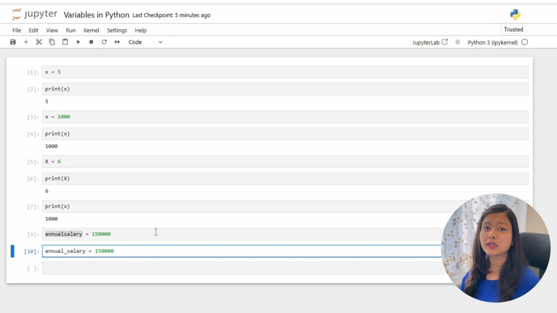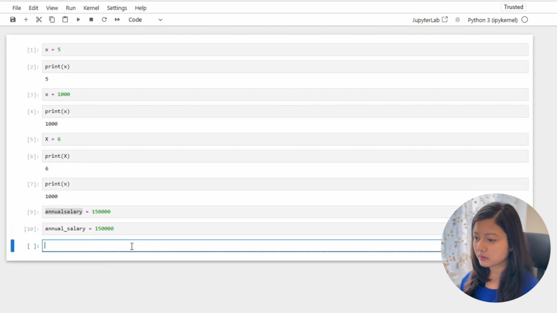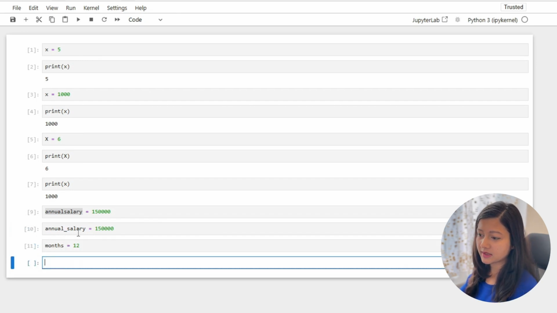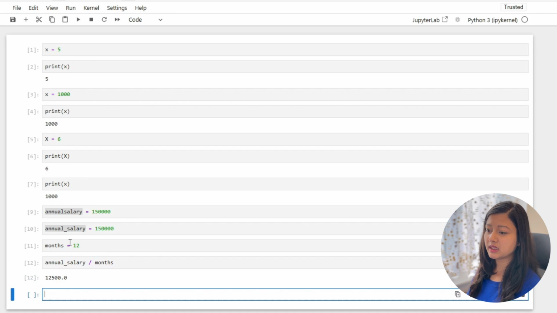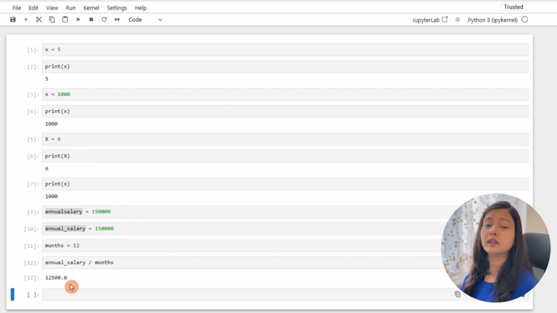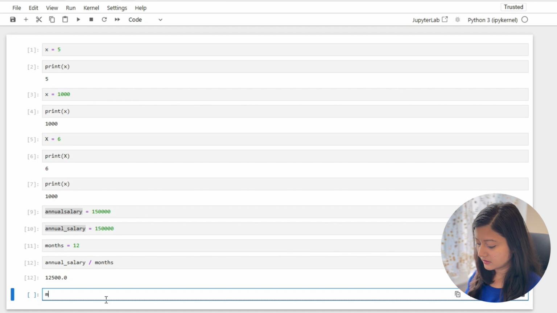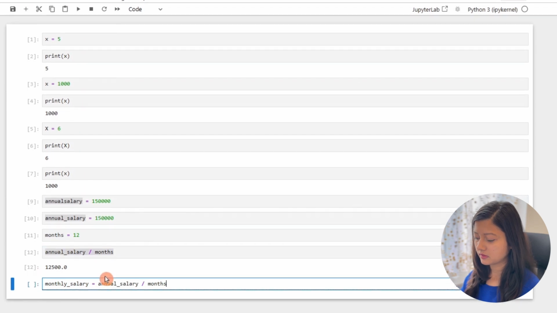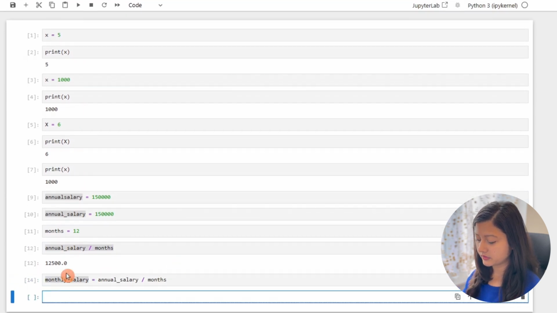As mentioned earlier, we create these variables in Python so that we can use them in the future. Let's create one more variable called months equals 12. And suppose I want a monthly salary, let me write it as annual salary divided by months. We can see that it has done the calculation 150,000 divided by 12. That's why it's returning 12,500. We can also save this information in a new variable called monthly underscore salary. Let's write monthly underscore salary equal to this, and now if I print the value of this variable,